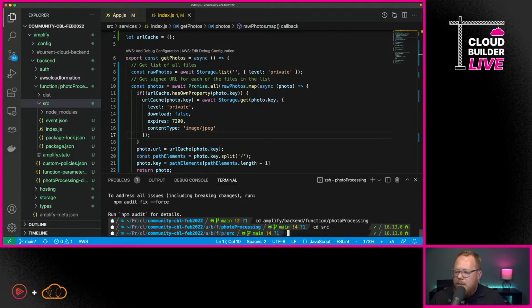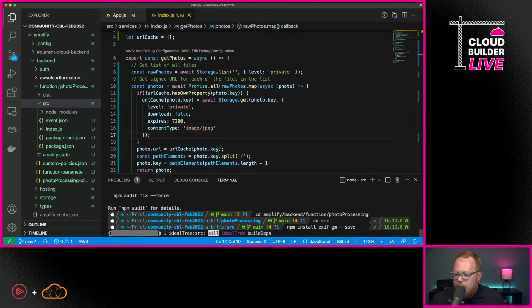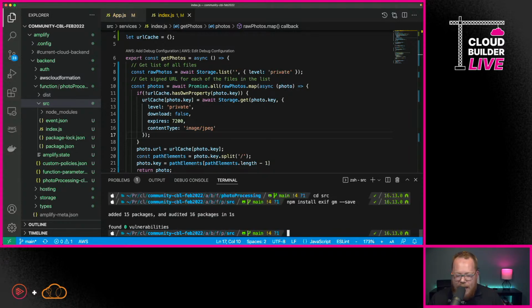So this is just like any other Node.js application in that you've got a package.json file, you've got your index.js file. That's the code that actually executes. If you had created a Python function, you'd have your requirements.txt, you'd have all that in there. So this is going to work in very much the same way. Now I want to do a couple of things first. The first is we need to install some packages for our function. So we're going to install two. One is called EXIF. That's going to let us get at that metadata. And the other is called GM, for GraphicsMagick. That's what's going to enable us to create a thumbnail. So we'll go ahead and put that in. And you can see we've added those packages.